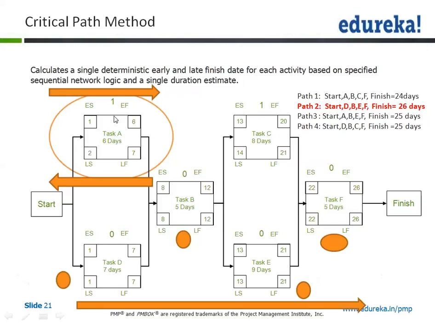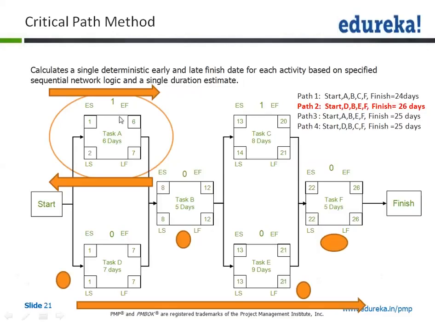And when I'm doing the numbering of the early start and early finish, when I'm putting up the value, remember this value, there is a circle here. That means I have already finished this value. So 8 is already mentioned here. 1 to 6 you can mention because the task is going to take 6 days. But here I will not write a 7 because I've already filled it up based on the critical path.